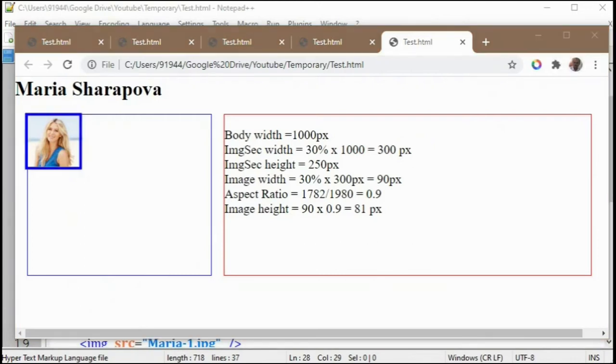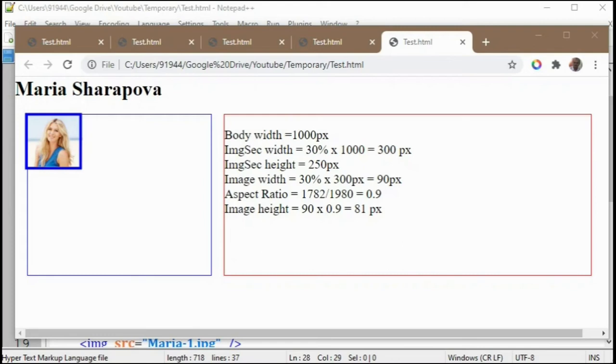The image width is calculated based on the image section width of 300 px. So 30% of 300 px is only 90 px. The width will be only 90 px. And the aspect ratio between height and width is 0.9. So the image height will be this width of 90 px into 0.9, equal to 81 px. Then your image height will be 81 px.